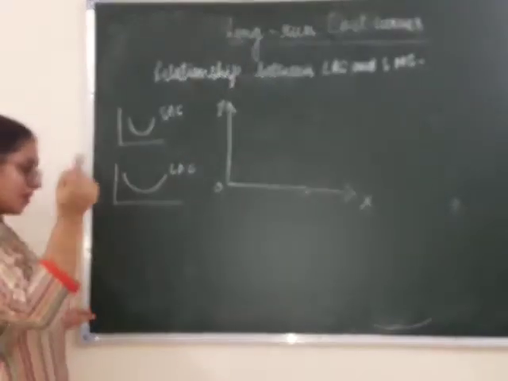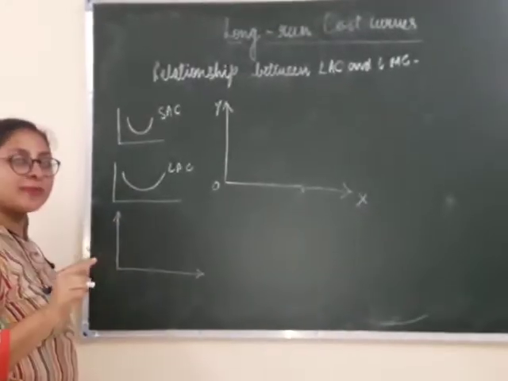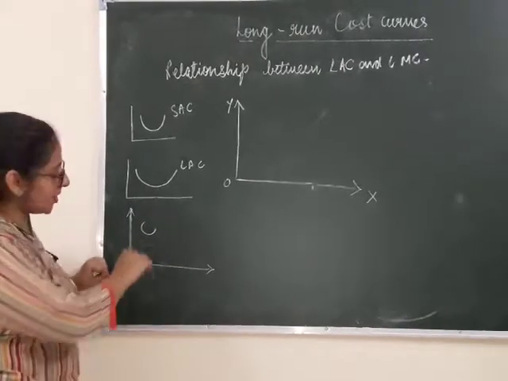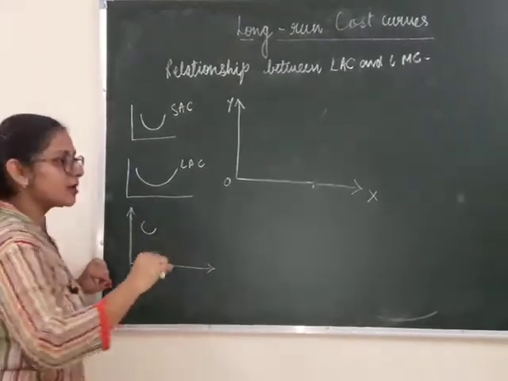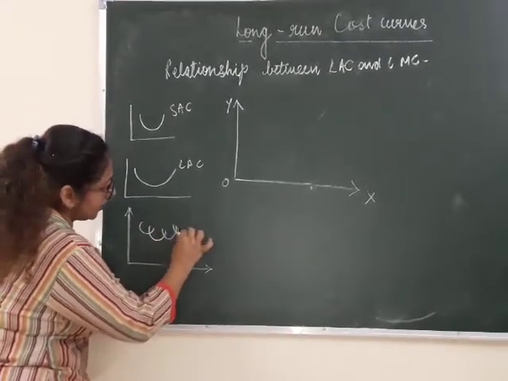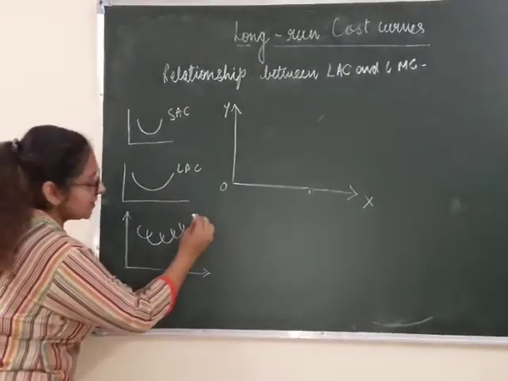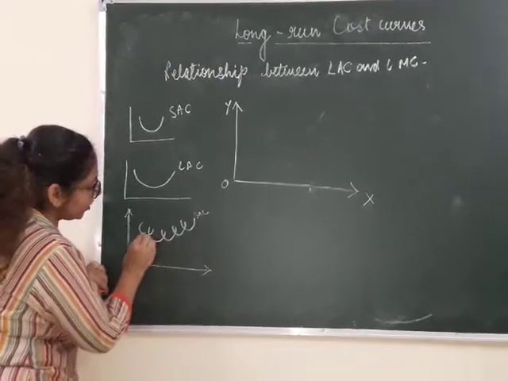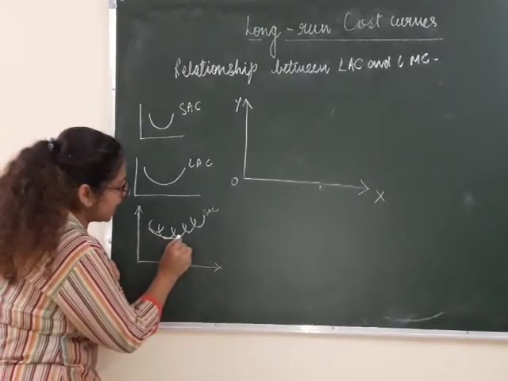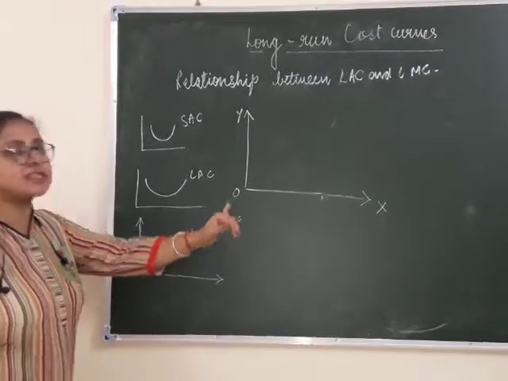And how is it formed? Let me explain. It happens like this. Short period means 2 to 3 months. See, it's one average cost curve for 2 to 3 months. Long run means more than 1 year. So it can take 1, 2, 3, 4, 5, this many short run curves. These are short run average cost curves. When the lowest points of these short run average cost curves are joined, they make a long run average cost curve. This is how the long run curve is formed.